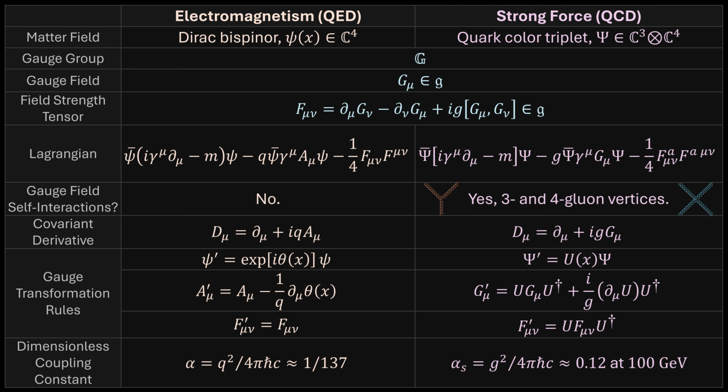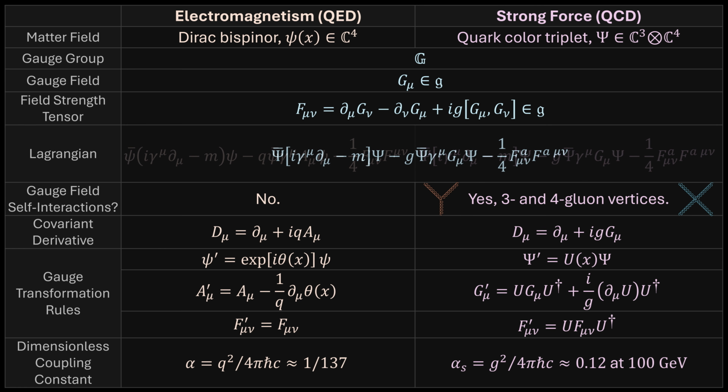Now, if you look at the Lagrangian, you find that it basically has the same form in both cases. You have the Dirac Lagrangian, you have an interaction term, and you have this F mu nu term for the energy of the gauge field. So we find a deep structural unity in the Lagrangian. Now, of course, electromagnetism only has one field strength tensor, whereas in QCD we have 8 real-valued field strength tensors. But in general, we can write the Lagrangian as summing over A, where for the strong force, A runs from 1 to 8, but for electromagnetism, A is just equal to 1.